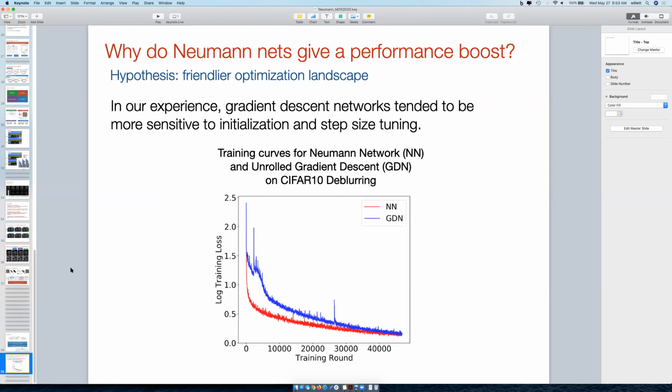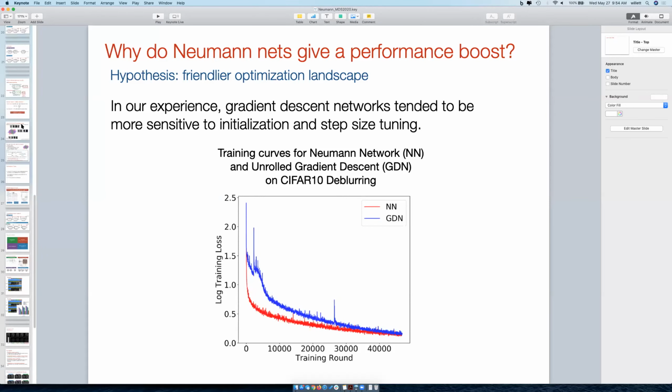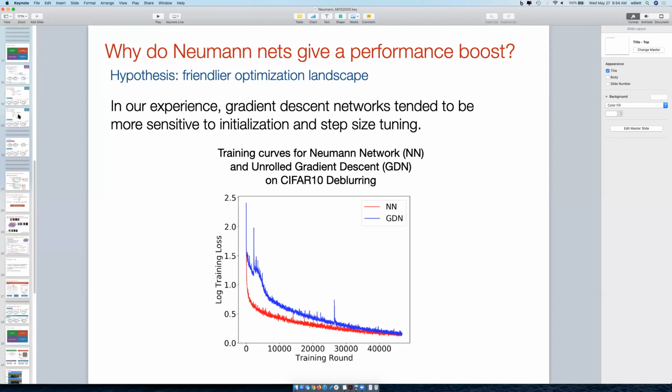So, we don't start from the classical optimization framework, but at the same time, you can think of it as being analogous to a step size parameter. That's the role that it's taking. This is a parameter that we do learn. So when we do our stochastic gradient descent, we treat eta as one of the unknowns. And this is true not only for the Neumann network, but also for the gradient descent network. So let's see, I don't know if there's a great slide showing it.